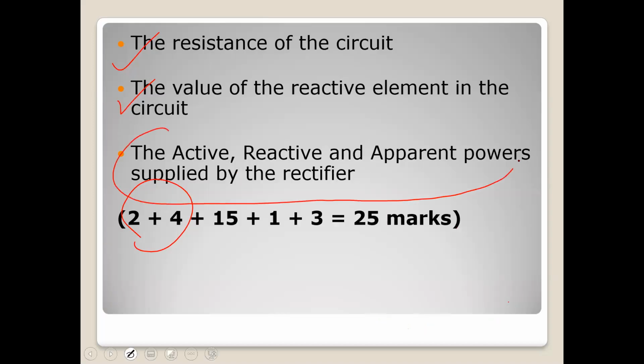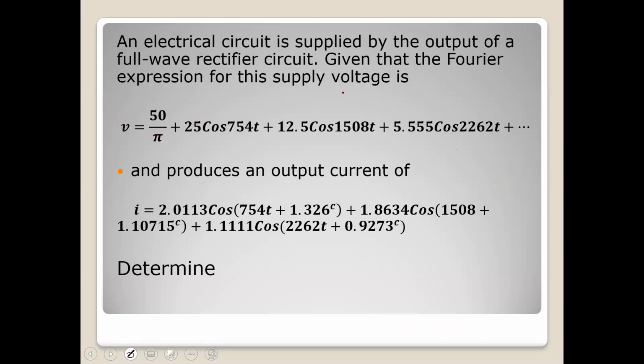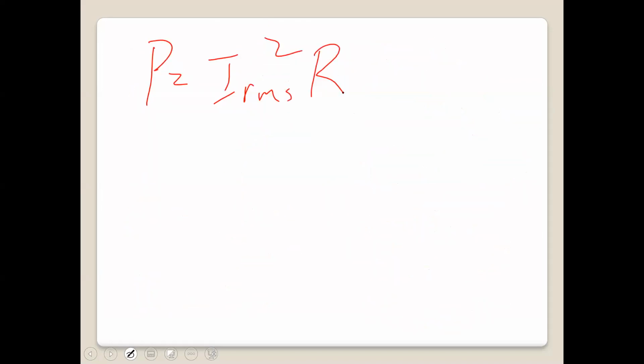Part C, you see the bulk of the marks, the 15 here, is for the active power. So the active power, P, is equal to IRMS squared times R. You know what R is? Yep. So you go back to your current expressions. And so IRMS